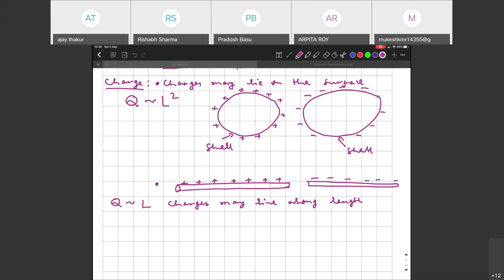So your question is very much valid. Whatever was discussed in the main class was considering a given physical scenario, and there we had assumed the charges would be distributed on the surface, so Q will go as L square. In general, when we are considering typical electrostatic problems, charges would distribute, and when we are talking about, say, microscopic features,